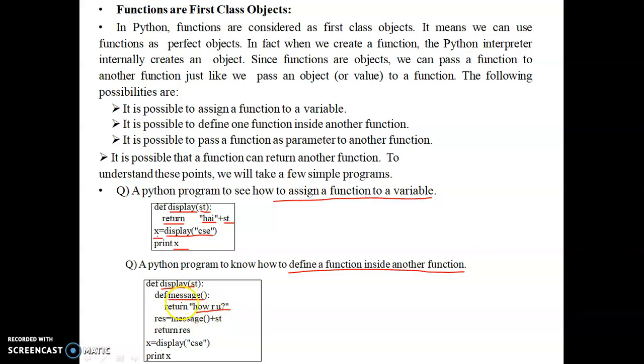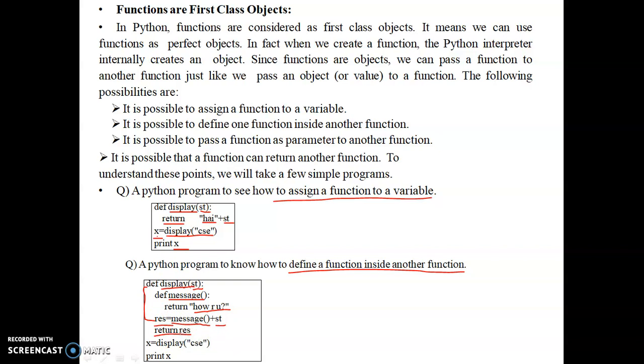In the outer function we write the code res equal to message function plus st, where st is the value passed to the display function. The message function result is how are you, and the st variable value is concatenated to that, assigned to the res variable, and returned from the display function.